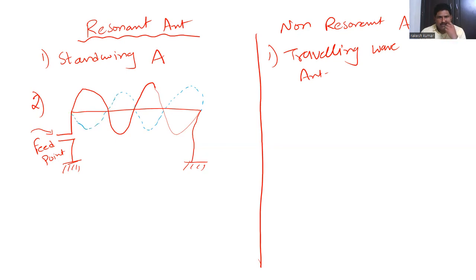In this thick line, this indicates the incident signal, and the signal due to impedance mismatch, whatever signal has come back, is called reflected or standing. So in a resonant antenna, due to impedance mismatch, we will get the incident wave along with the standing wave. But whereas in the non-resonant antenna,